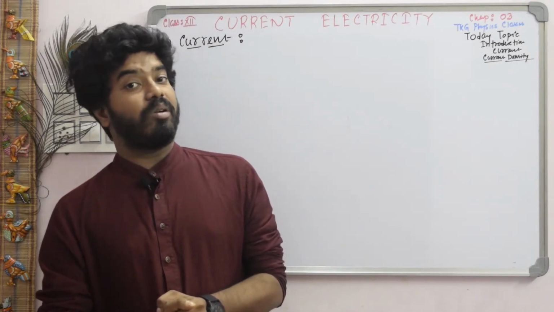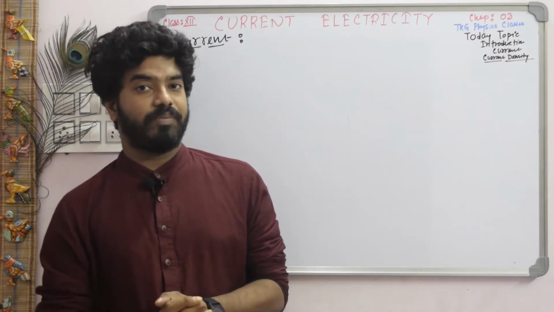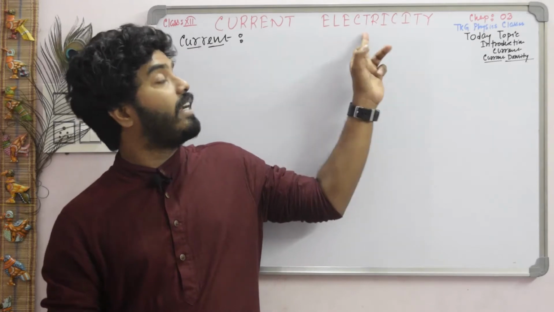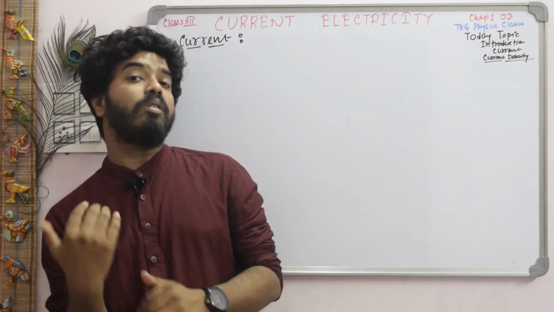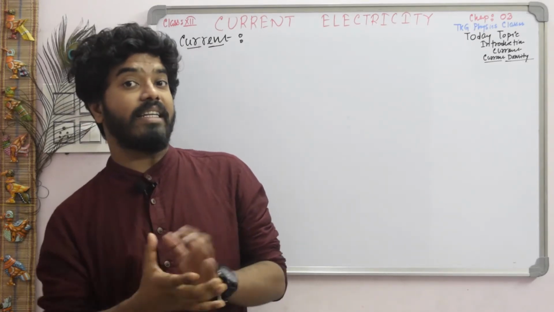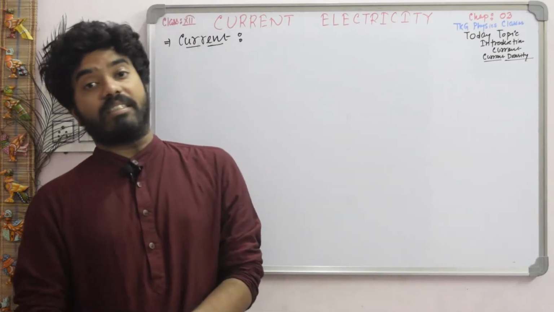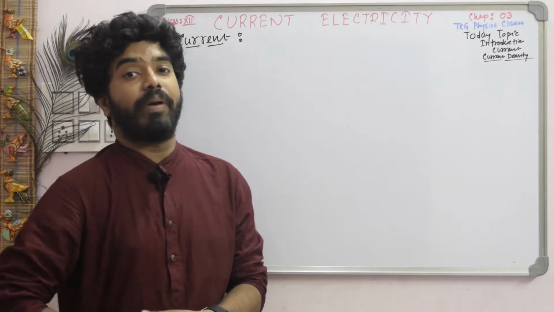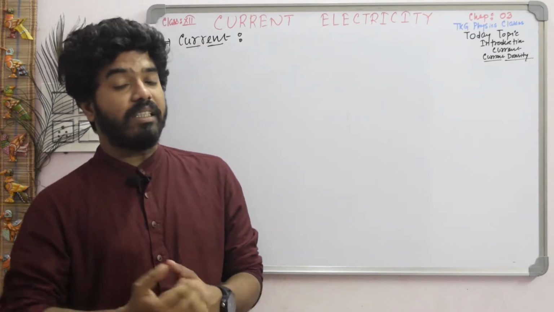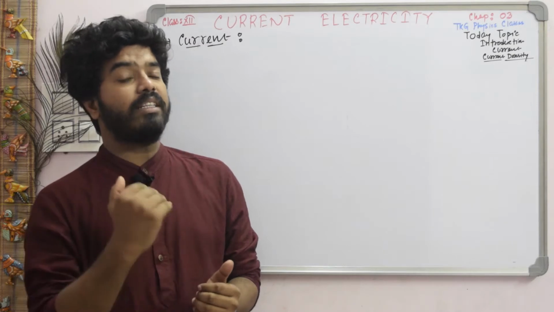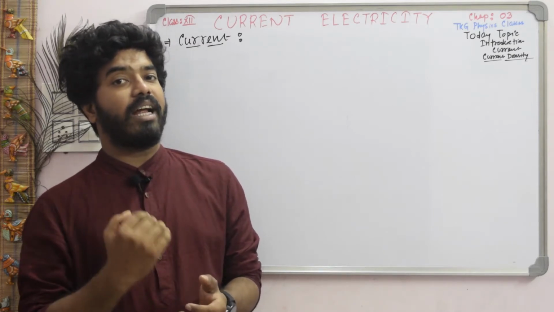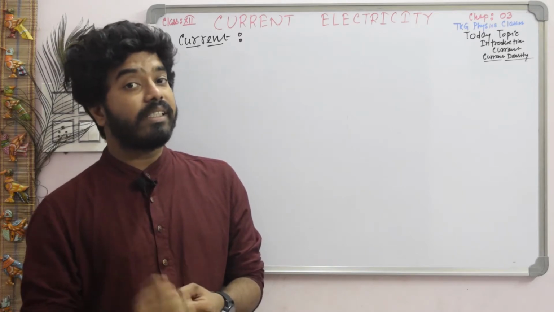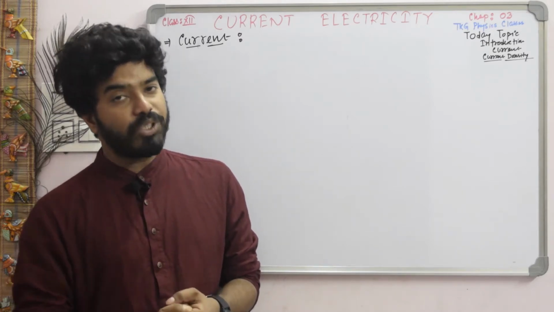Right now I am coming back with a new one. From now we will discuss the third chapter of your physics syllabus, and the chapter name is current electricity. So first of all you have to know what is current electricity, and this chapter is related to charge in motion. The basic thing is that chapter 1 and chapter 2 deal with charge under rest condition, and chapter 3 is related to charge under motion condition.